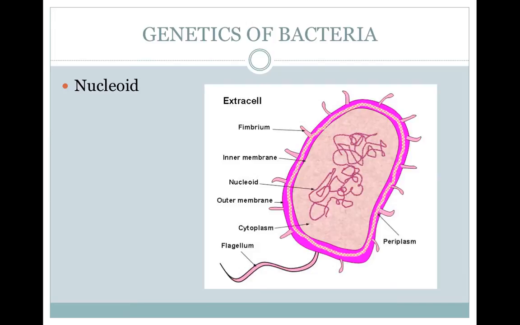If we look at the genetics of bacteria, most bacteria have a circular loop of DNA with no proteins and fewer genes than eukaryotes. They have about 1/1000th the DNA of eukaryotes, but about 100 times more than viruses. The nucleoid is their packed area of DNA, and it has no membrane around it. It's also usually a continuous loop.